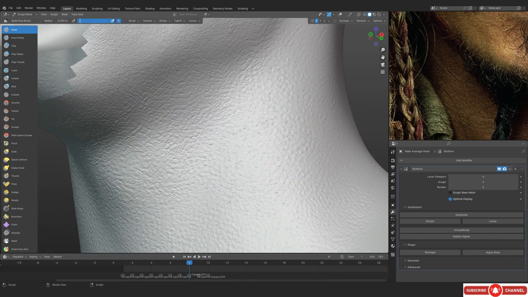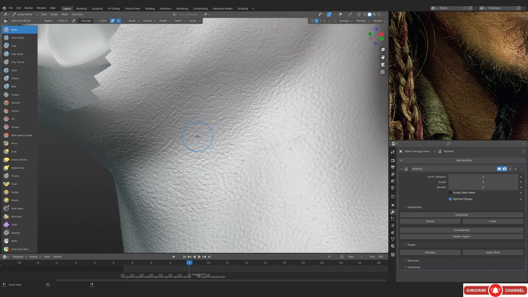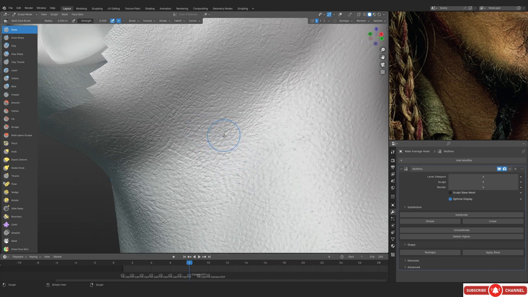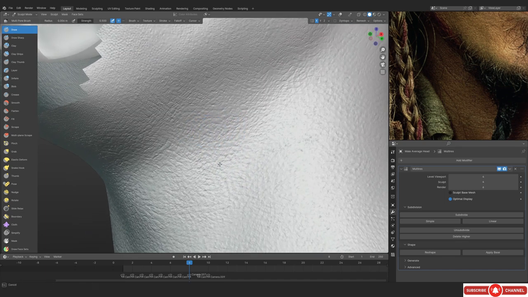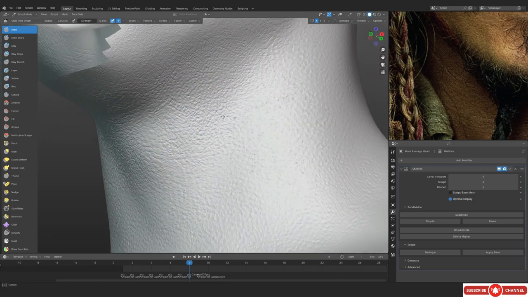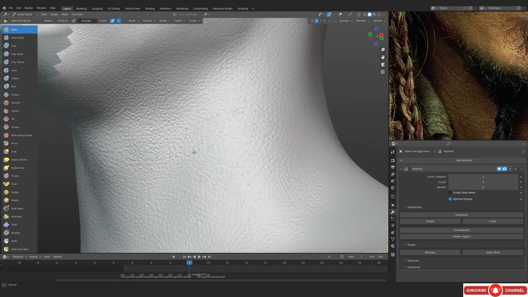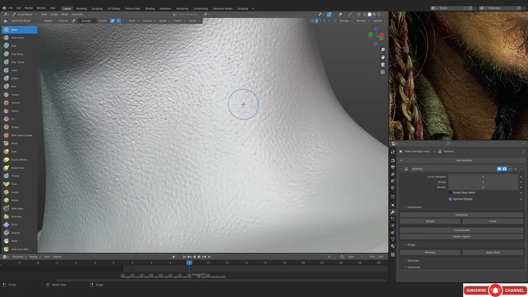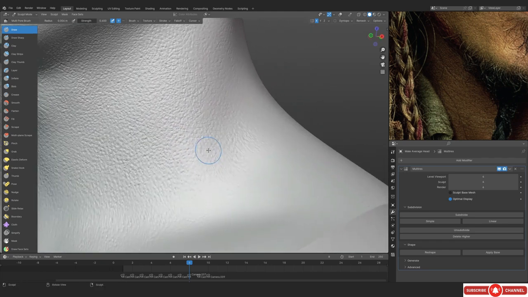So yeah, this is what we have, and let's increase the strength a little bit, because I think 0.4 was a little bit less. So we're going to be doing that. And now, okay, I think 0.6. Okay, so yeah, you can see now we are in the normal direction. So first we've made it out. First we've increased the volume, and now we are decreasing the volume. So we are poking in the skin now. And this is like the third or fourth step. I've totally forgotten the number of the step, by the way.